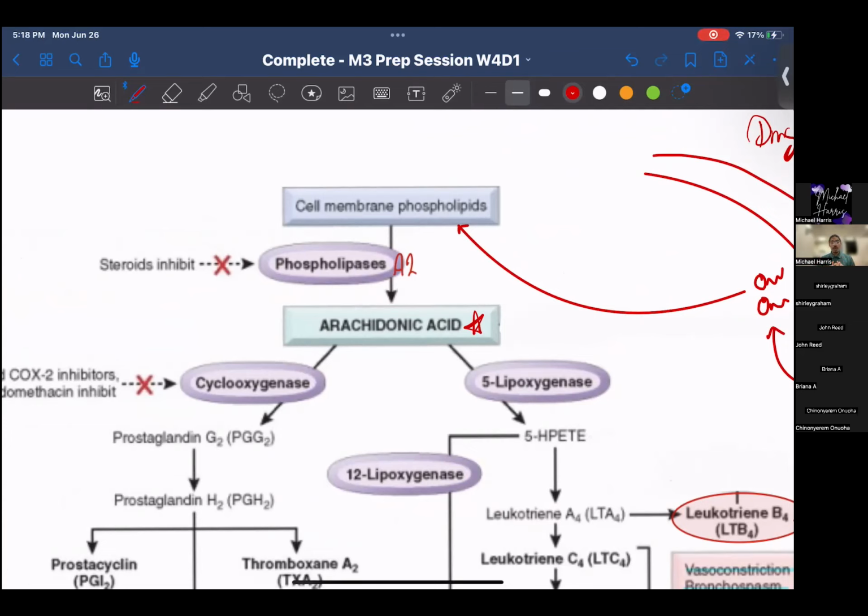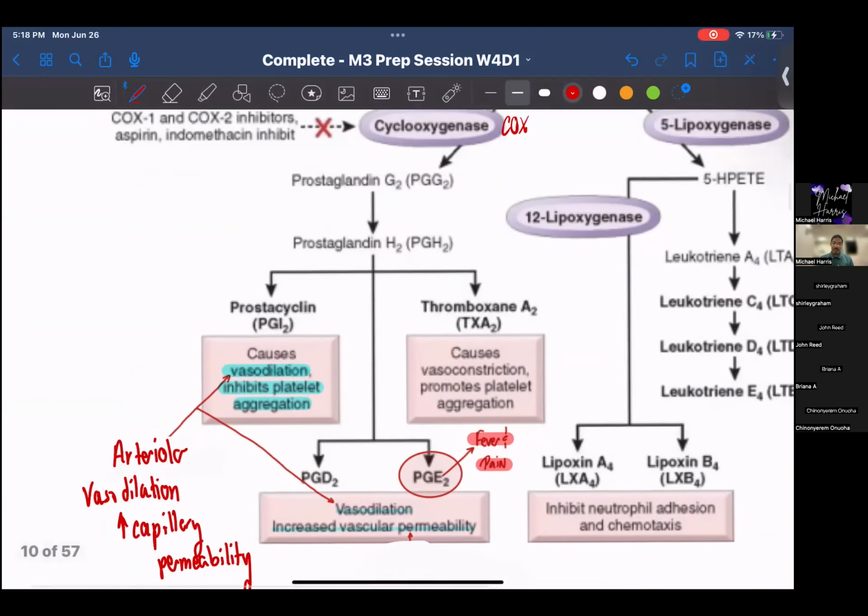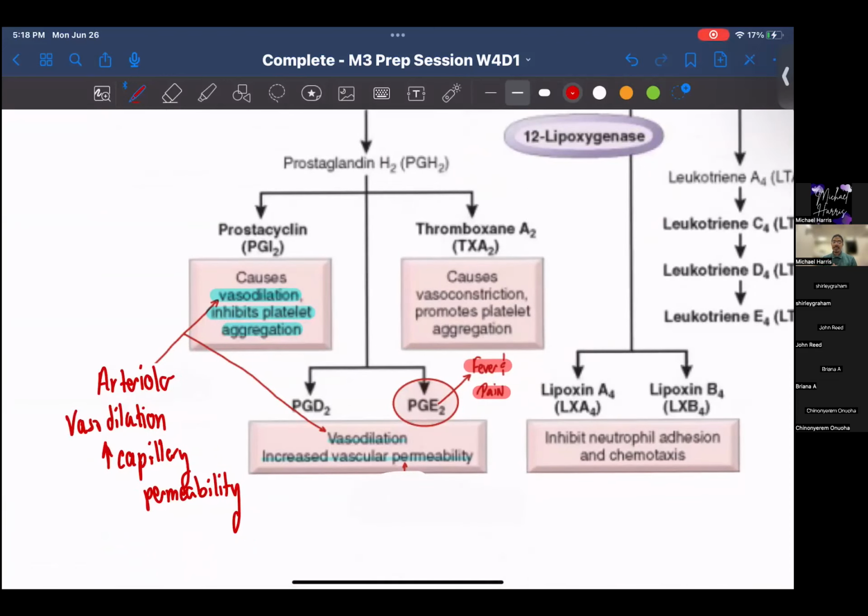goes. So it could go down the cyclooxygenase, the COX pathway, or it can go down the LOX or the lipoxygenase pathway. Okay, the COX or the LOX pathway. And as a result, they both have different factors that they produce. So for instance, in the COX pathway, you form things like PGE2, things like thromboxane A2,